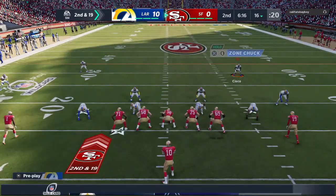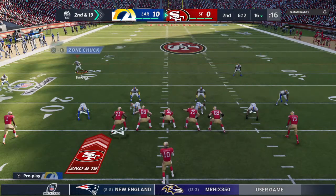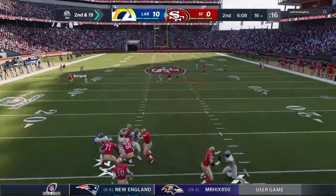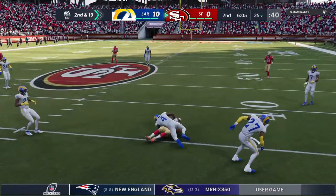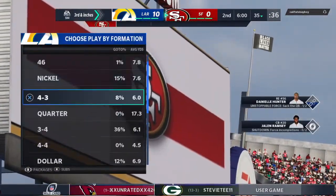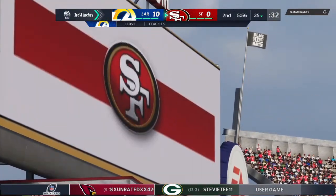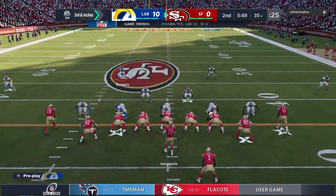From the gun, it's Garoppolo. And he finds a man on a crossing route. And he's able to take this one up to the 35-yard line. That's a good bounce back play right there after taking a sack on 1st down. Didn't quite get it to the marker, but now they're in a much better spot for a 3rd and short